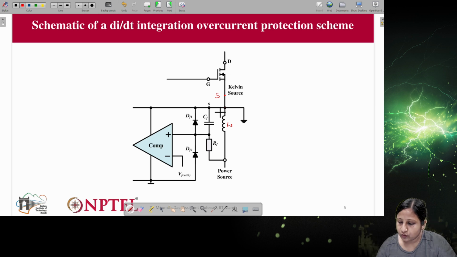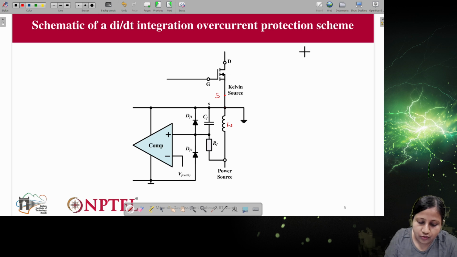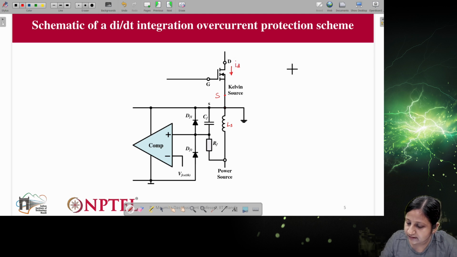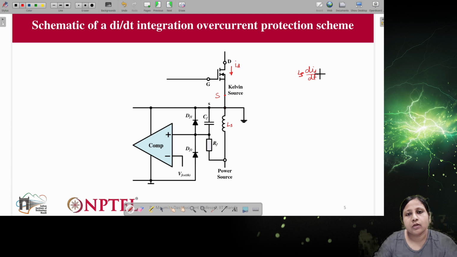Now, due to the presence of this inductance, and as you know, there is a current which flows from drain to source, generally represented as ID or the drain current. That current will also be flowing through LS, and due to that, if I represent the current as ID, the voltage across LS will be LS dID/dt, right?